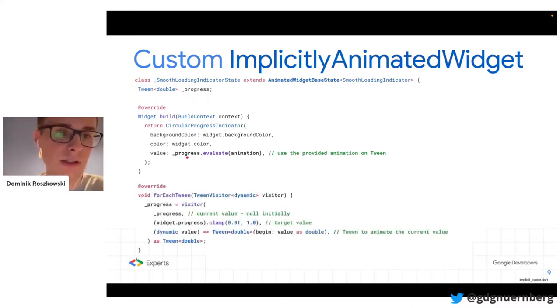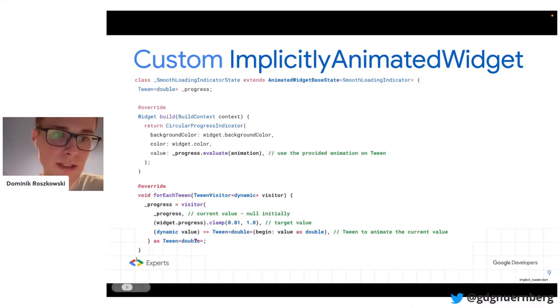So we have this tween, and on the tween we can evaluate our animation, and the animation is provided for us from the animated widget base state. Then we have the special method called forEachTween that we need to override. So the animated widget base state of the smooth loading indicator exposes for us this method forEachTween.